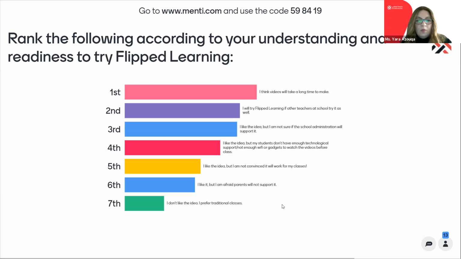Going to the bottom of the list, the 5th one is, I like the idea, but I'm not convinced it will work for my classes. We discussed that. The 6th one, I like it, but I'm afraid parents will not support it. As a teacher, I understand you're working with the management of your organization or your school, and as well you're working with your parents as partners. As you usually send updates or communicate with your students, perhaps with your school LMS, which is learning management system, whichever platform you usually use to update your parents about what is going on with their children or the students,